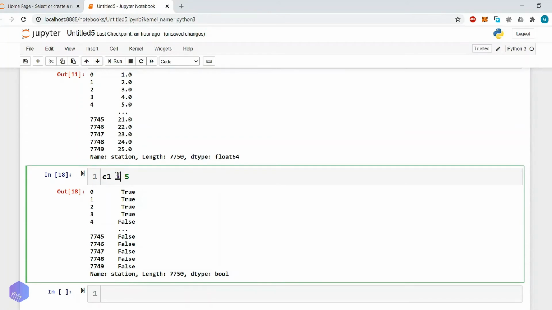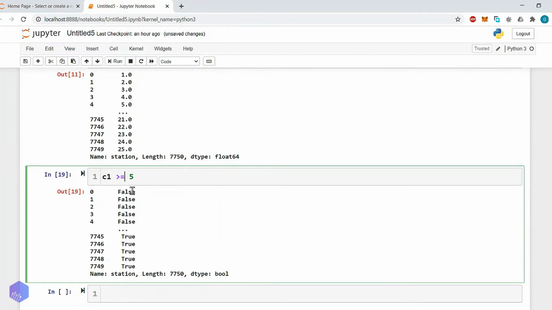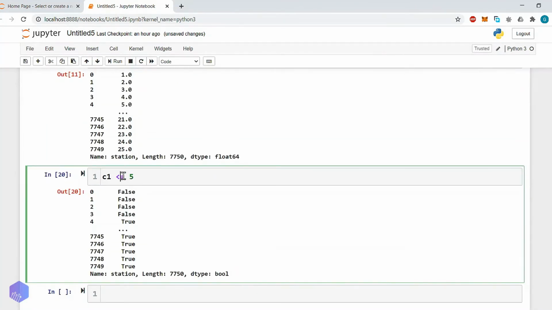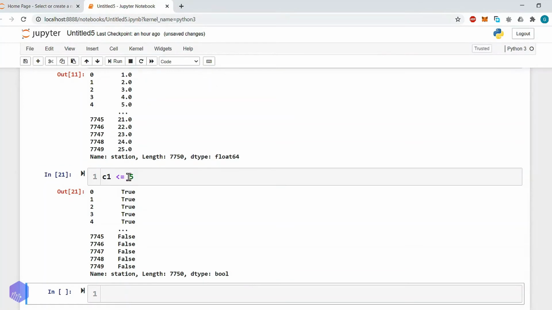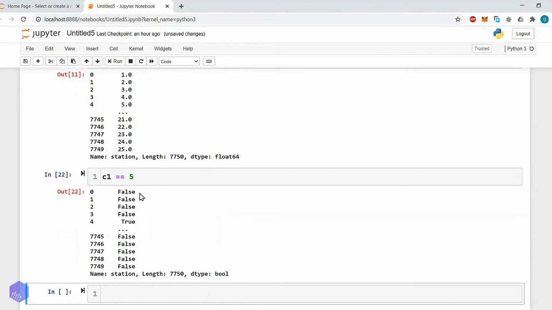Similarly let's say greater than. We can also use greater than or equal to, then less than or equal to, then double equals, and then not equals.